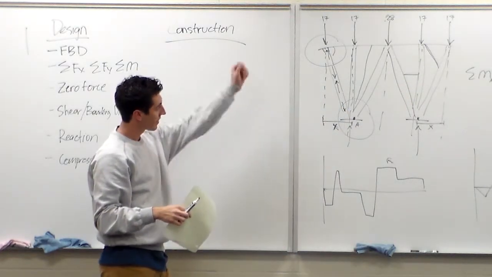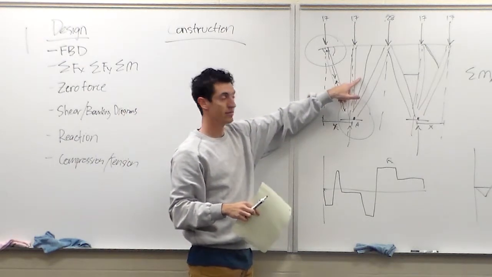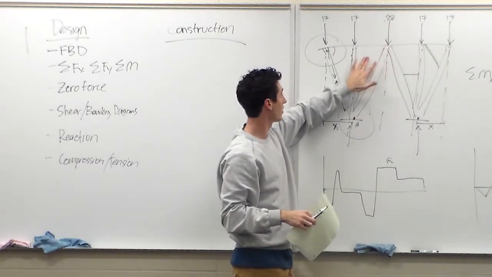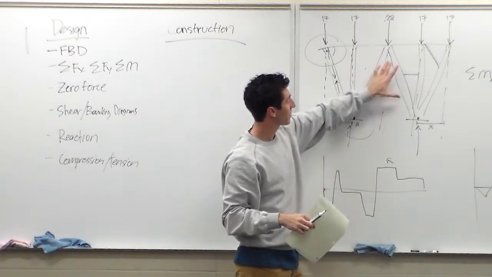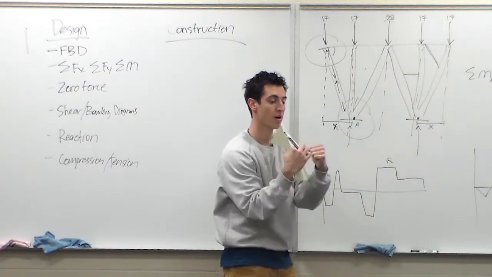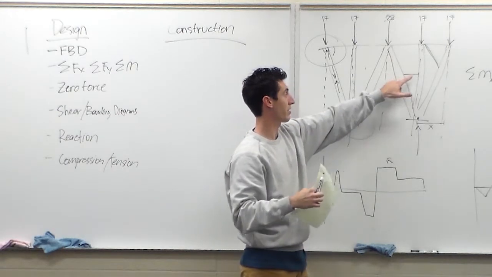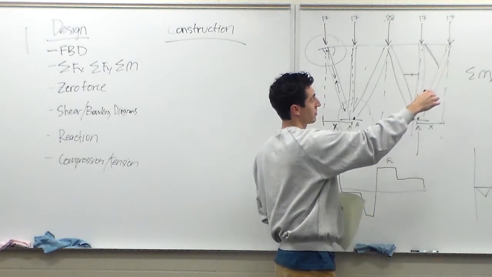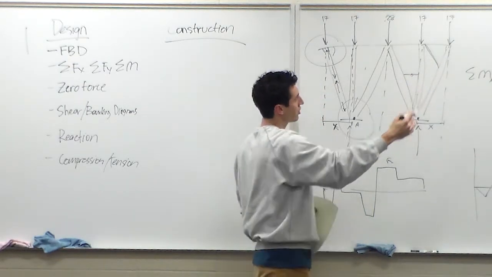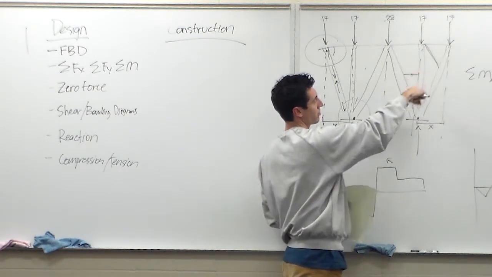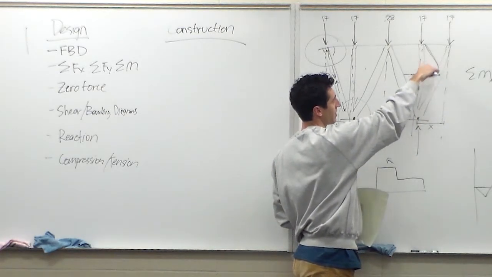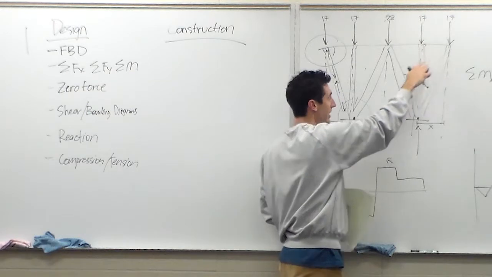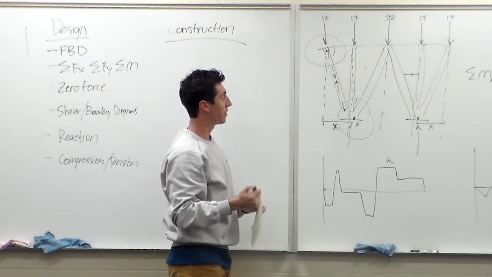What are advantages or disadvantages to these? Is this one any advantages? Negative. Yeah, not really any advantages. What about this one? Keep it from snapping in the center. Good, because these beams are in compression, they're going to buckle out, right? And so if we put a beam in there, it's going to prevent buckling, but it's not going to take any load. What about this one? Kind of the same idea. It could be the same idea. I wouldn't recommend anything like that, because if anything, looks like you'd be pushing down on it and bending it up that way. And so there is a strategy to using zero force members, but they have